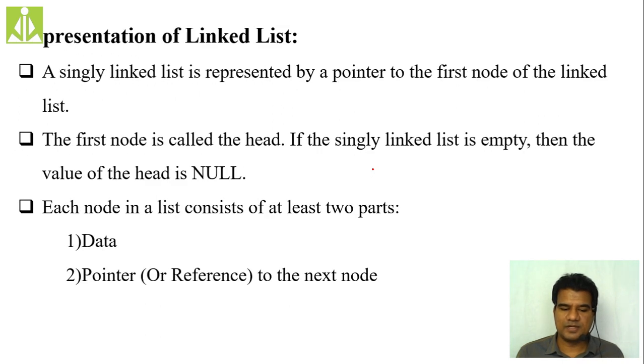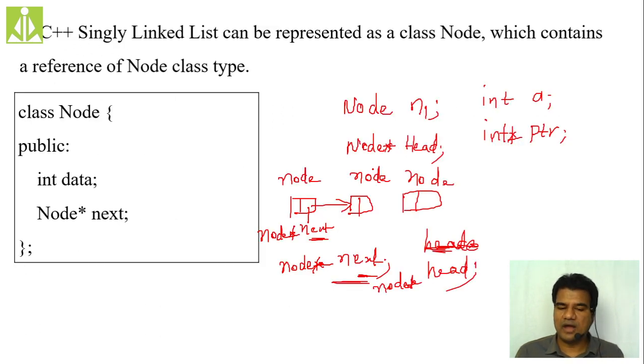Drawbacks we discussed, representation, and this code you have to understand. Every node is going to have two things. The first is the data part, which is of type integer. The second is the next pointer, which is going to point to the next node, so the type must be node star. This node only we are going to use in our program implementation.